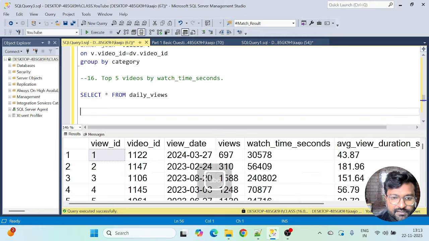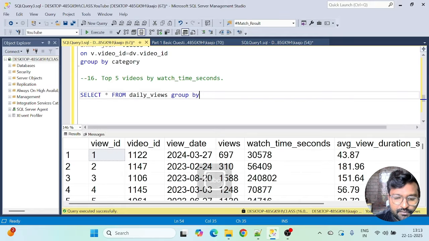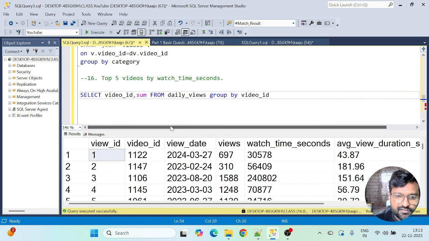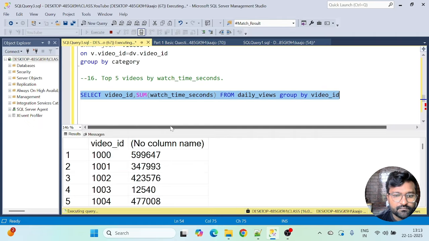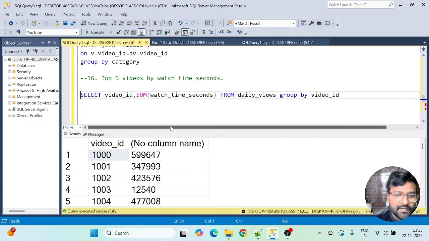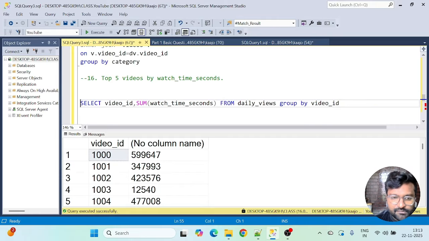Okay, so first let's take a group by, and we have to group by video ID, because we have multiple records for the same video ID here, and top 5 watch time seconds is this column. Video ID, take sum of watch time seconds. So this is what we have got. Now I can do this by top 10 also. I can do just a simple order by clause here by the sum of watch time seconds, or I can do this by row number also. So let's try to solve this with the row number logic.